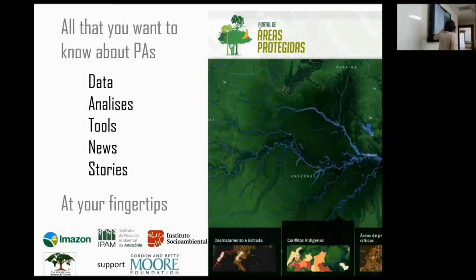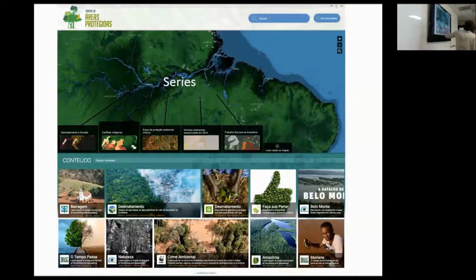We are putting together, with support from the Moore Foundation, which actually motivated that a lot, a portal which we call the Netflix of the Amazon protected areas, which will have data analysis tools, news, stories, movies, whatever, at our fingertips. And you say, oh, but this could be just a simple portal, isn't it? Yeah, but what is behind it is the series, like Narcos, or I don't